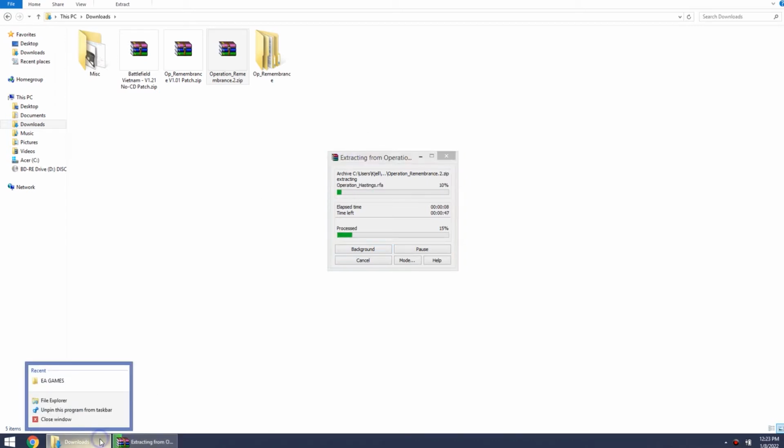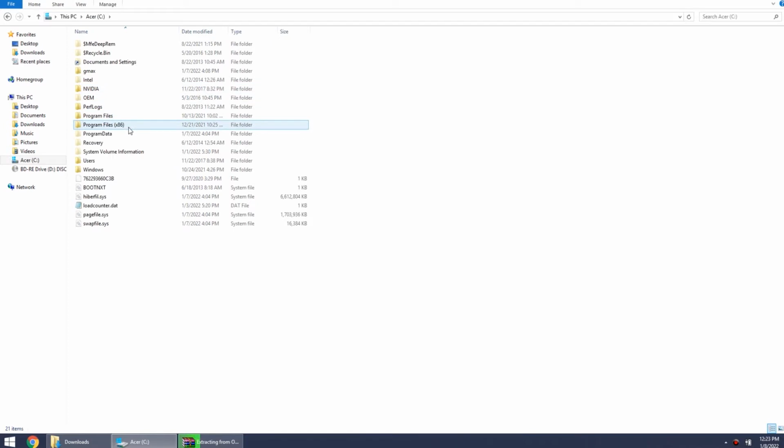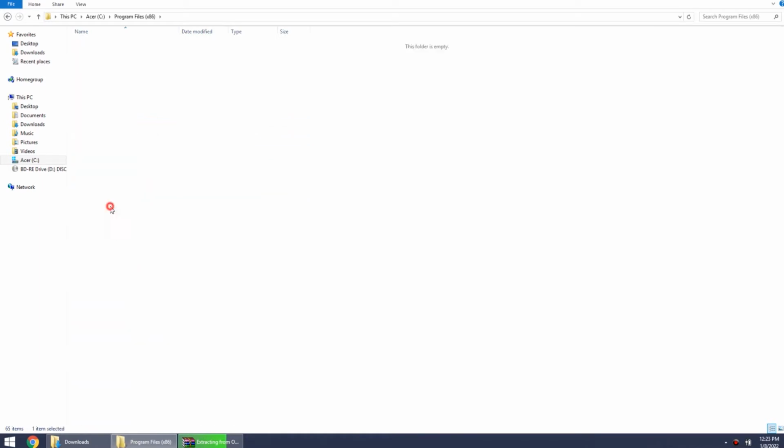While it's running, I'm going to open up File Explorer in a new window, and then you're going to want to go to C drive. Unless you're running a really old computer, I think it's only computers that use a 32-bit system, you're going to want to look for program files x86. If your computer doesn't have program files x86, it's going to be this one, just program files, but for most people it'll be the x86 one. So click on that, go down to EA Games, click on that, Battlefield Vietnam, click on that, mods,